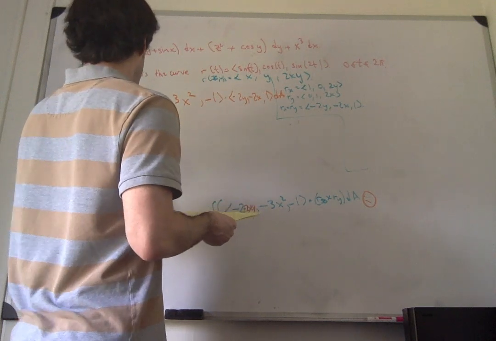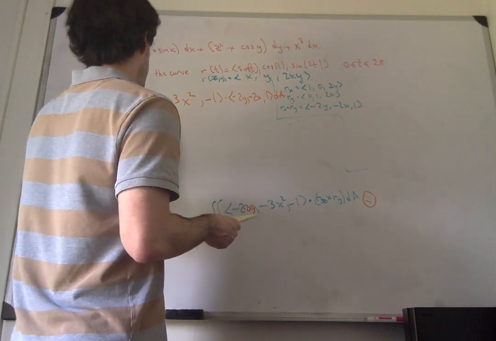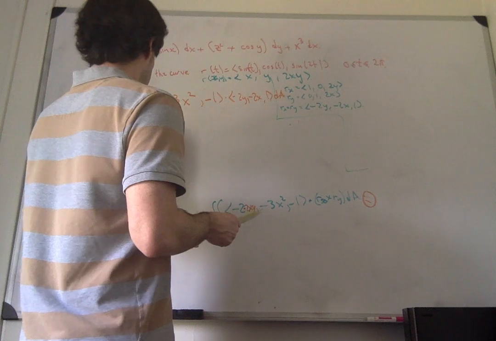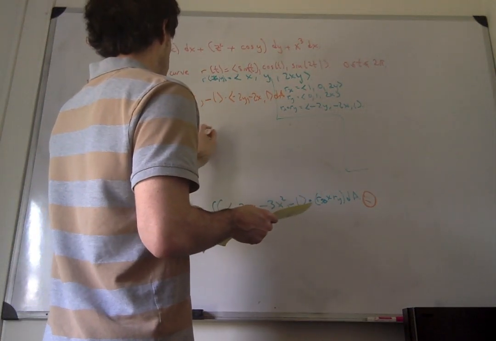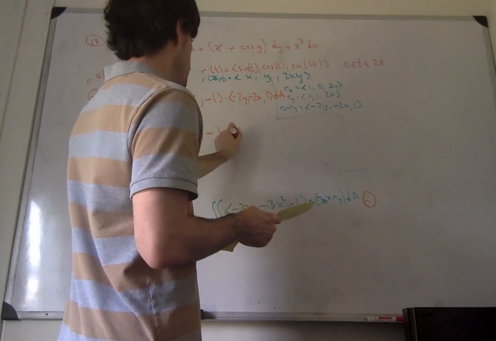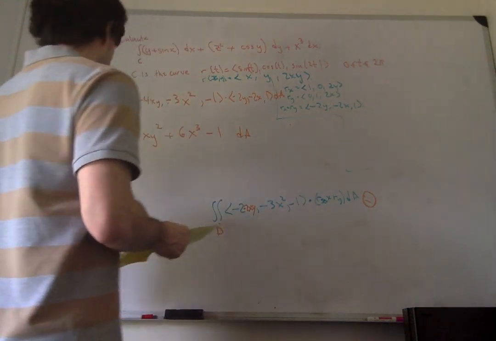This should give us 8xy squared plus 6x cubed minus 1 dA, and